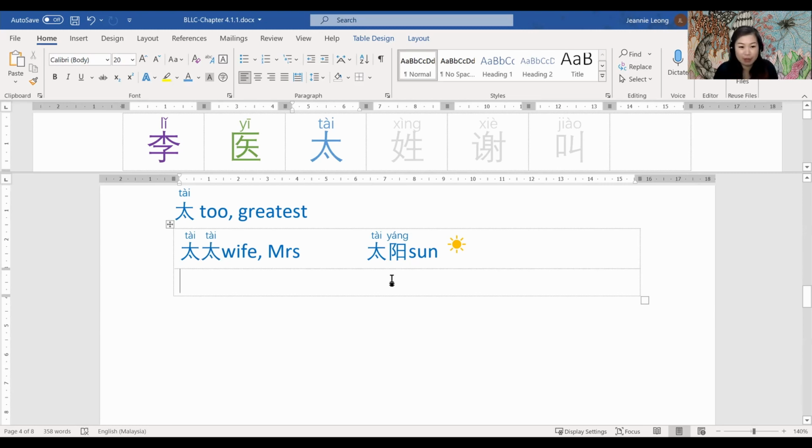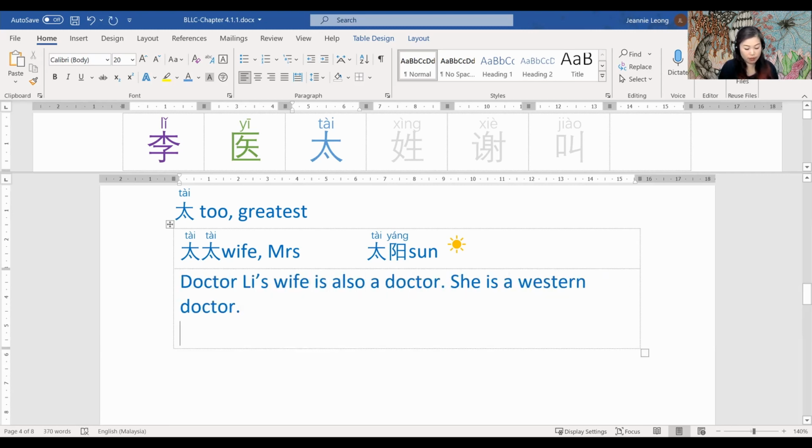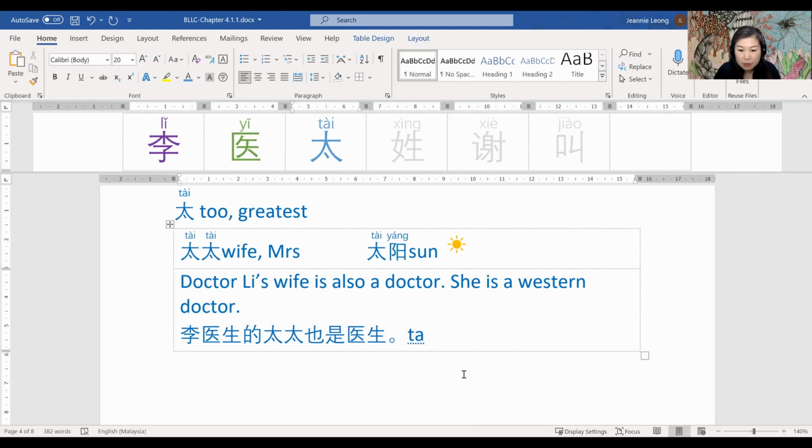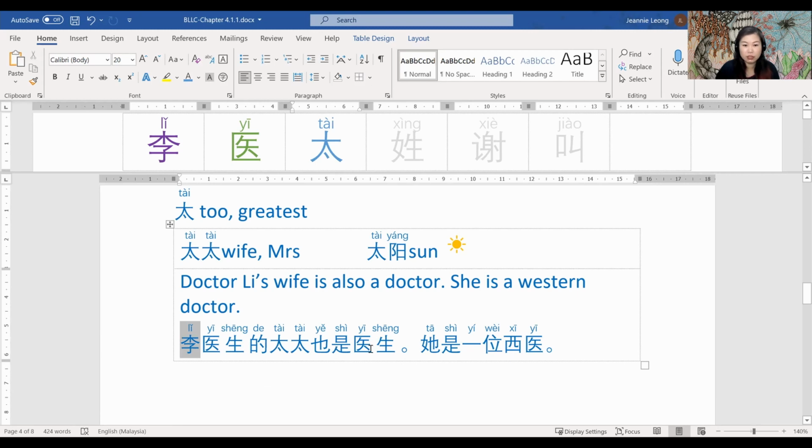Okay, so with these two words, let's try and make a sentence. Maybe we could say something about Dr. Lee and his business, even though I said Dr. Lee was my boyfriend, maybe I should have said ex-boyfriend, but I don't know how to say that yet. So if I wanted to say that in Chinese, I would say 李医生的太太也是医生。Now this 她 I have to pick this one because his wife is a female, so 她是一位西医。Let's read back what I wrote. 李医生的太太也是医生，她是一位西医。